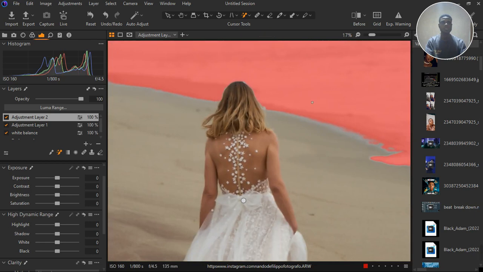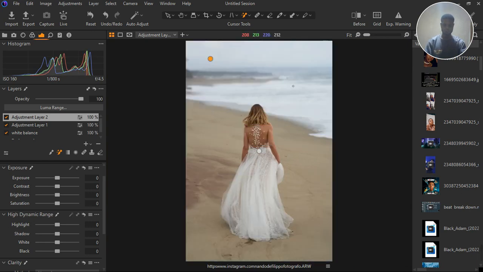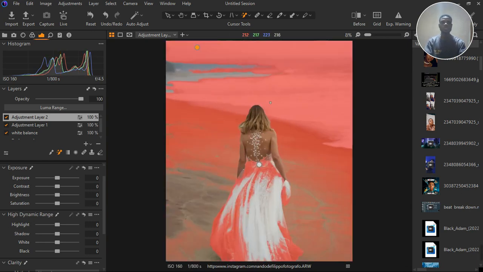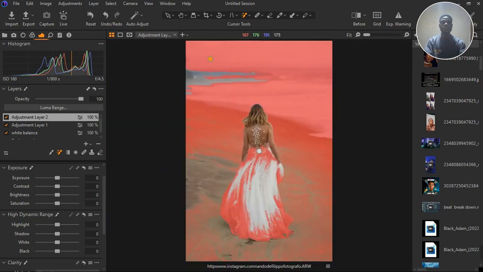Okay, let's just take small and let's watch Capture One. Capture One actually selected a lot of which we don't actually want, and what the best we are going to do is to remove. So I'm just going to grab this eraser tool and then I'm going to remove it from where I don't actually need it. So like on the body of the subject, I'm just going to clean it from our gown, just like so. So we have this one,